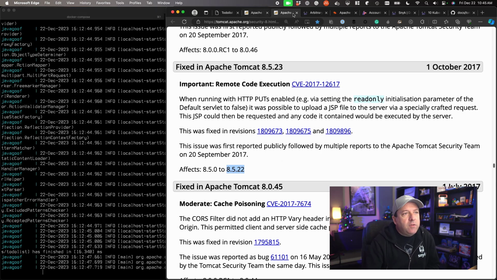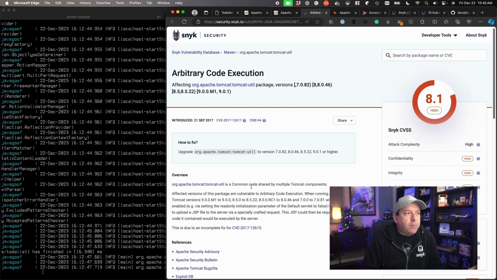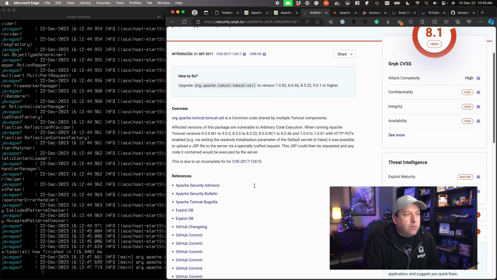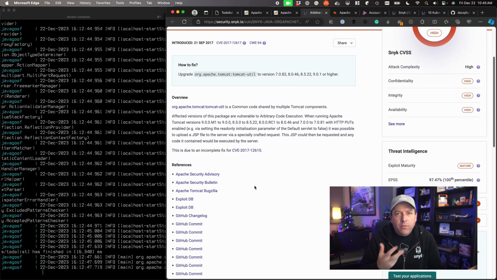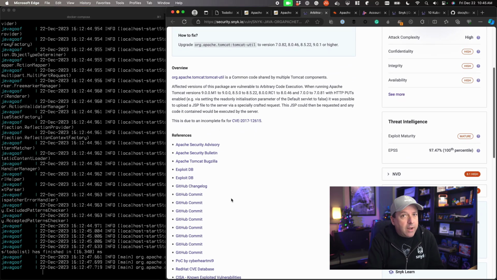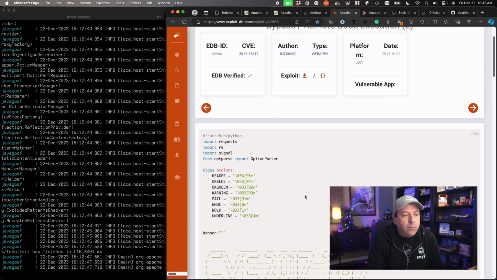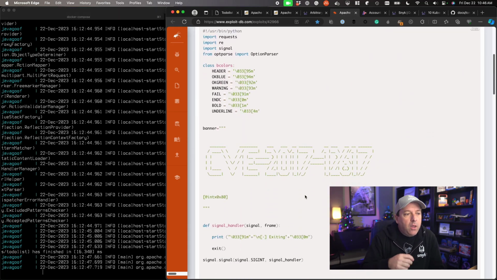exploit that. The CVE has a bunch of information. This is Snyk's vulnerability database version of the CVE feed with a bunch of extra stuff that our security analysts add to it. And I could read through this and I could start studying how this vulnerability works. But one of the nice things about older vulnerabilities is there's usually a lot of stuff, including proof of concepts. And sure enough, in these exploit DB links, there's an exploit database entry with a Python script that helps me figure out if I'm vulnerable. It has a proof of concept.